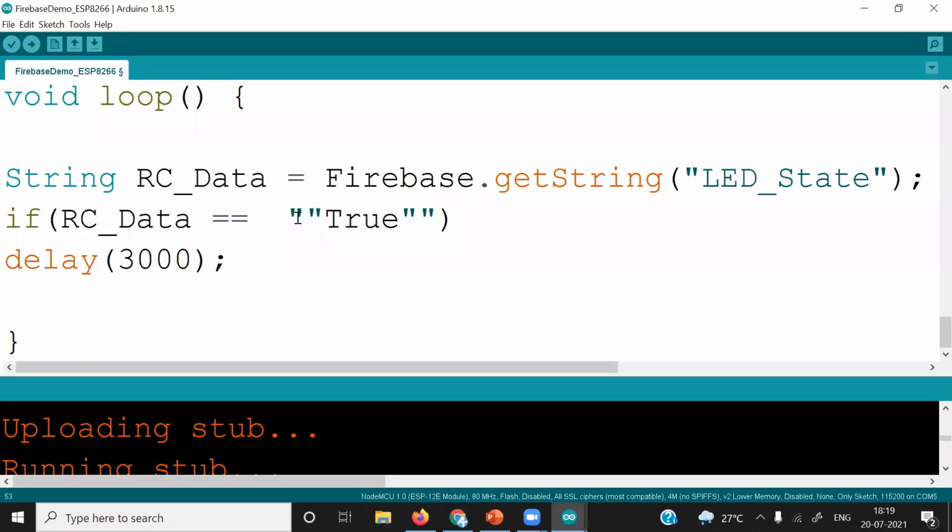Because the compiler is assuming that inside these two double quotes is a string with no characters, and inside these two there is another string, and it is taking these two as a character or a variable. Okay, so it is not taking it as a string.